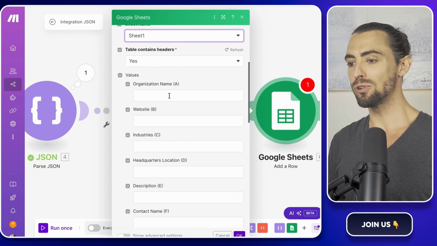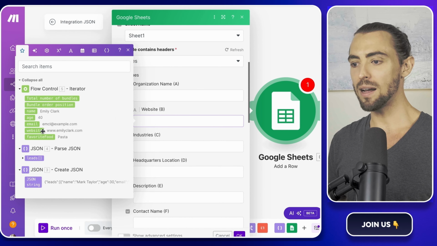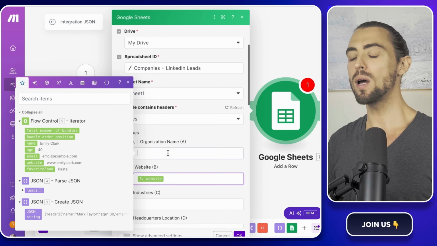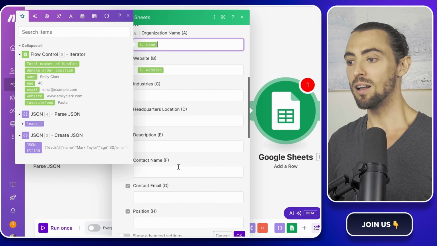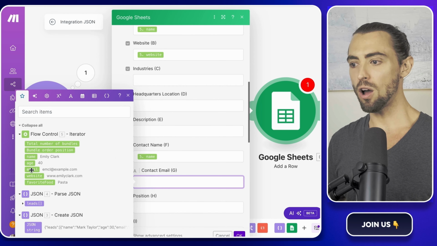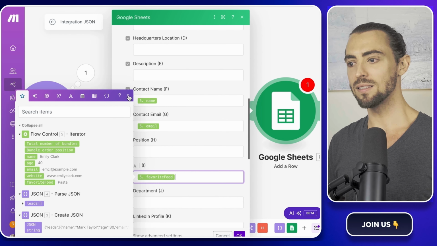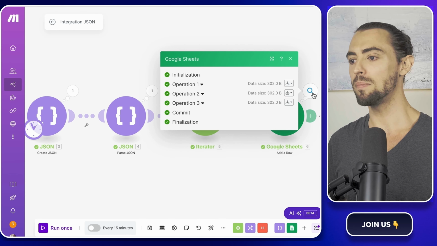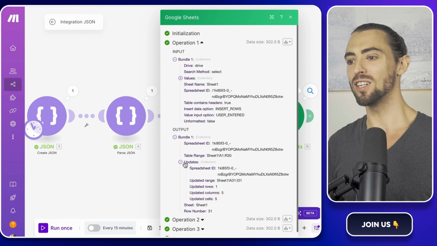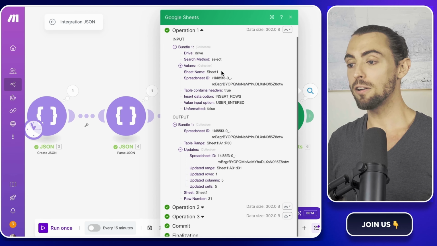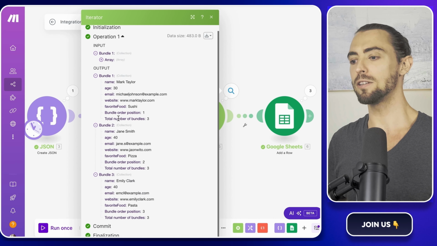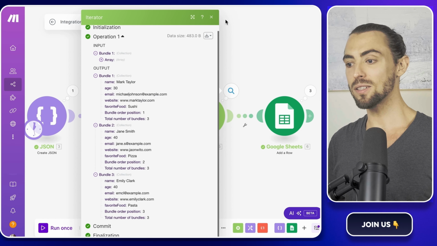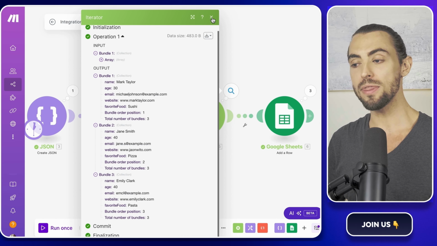Each item flows through, getting individual treatment, whether it's an email, an update to a CRM, or an entry in a log. Picture it like this. One lead pops up, you send a personalized email. Next lead, same thing, and it goes on until each lead gets exactly what it needs. Test it out by running the scenario and watch as Make.com goes through the list item by item, giving each lead individual action that you've set up. So next time you're staring down at a list thinking, how can I handle each of these without doing it manually? Think iterator. It's like having a digital helper that's all about focusing on one thing at a time, but